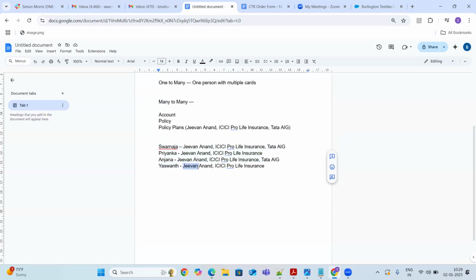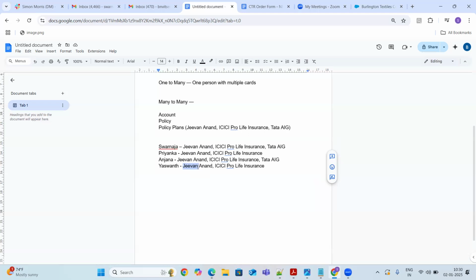I'm just taking one of the policies as the example. Multiple persons are going to take one policy, and one policy is going to associate to multiple persons. In this case, we call it a one to many. Sorry, many to many. That means one policy can contain multiple customers, and in the same way, multiple customers can have one policy. This kind of situation we call a many to many object, guys.